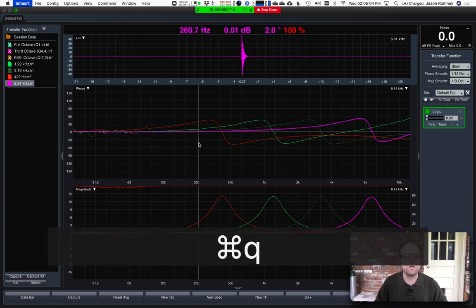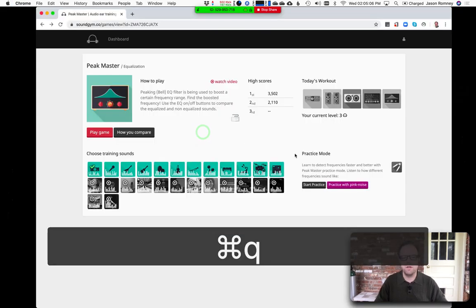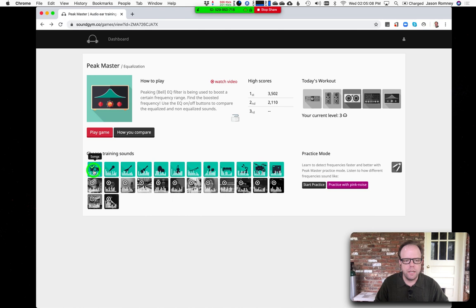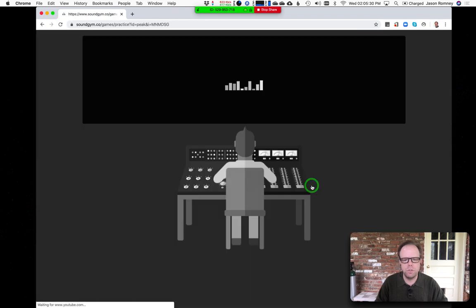All right, so let's take a look at the game now. Just like when we were talking about in DB King, I think one of the secrets to Peakmaster is memorizing some keyframes or points of reference. So I would use this practice mode to do that. I'm going to use the song samples, because you can hear lots of different instruments sounding at the same time. So if I start the practice mode here,